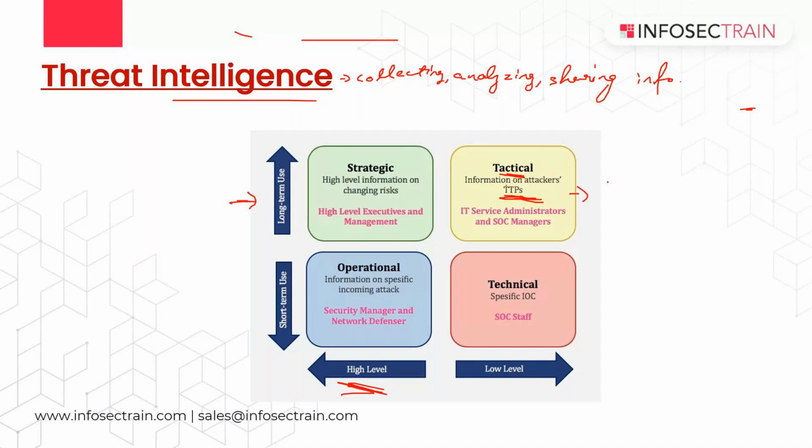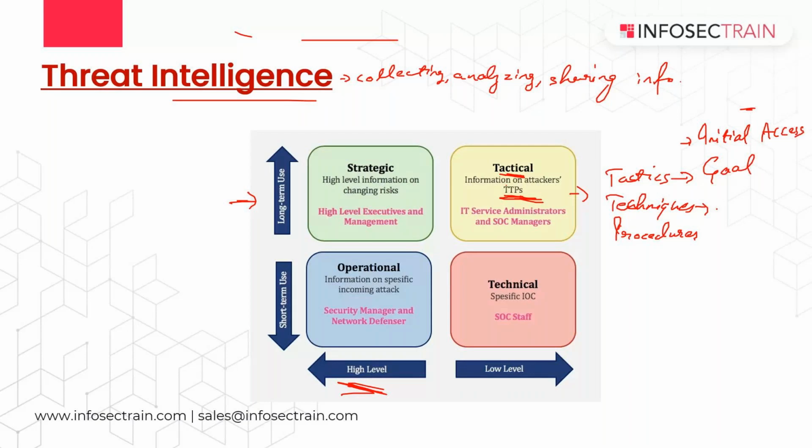Tactical, if I talk about information on attackers, is TTPs. TTP stands for tactics, techniques and procedures. Tactics means goal, agenda. Technique means how you're gonna achieve it, how you're gonna do that, right? So, for example, if my goal is to get the initial access into someone's system, the technique which will be used would be phishing, and the procedure will be a step by step approach,